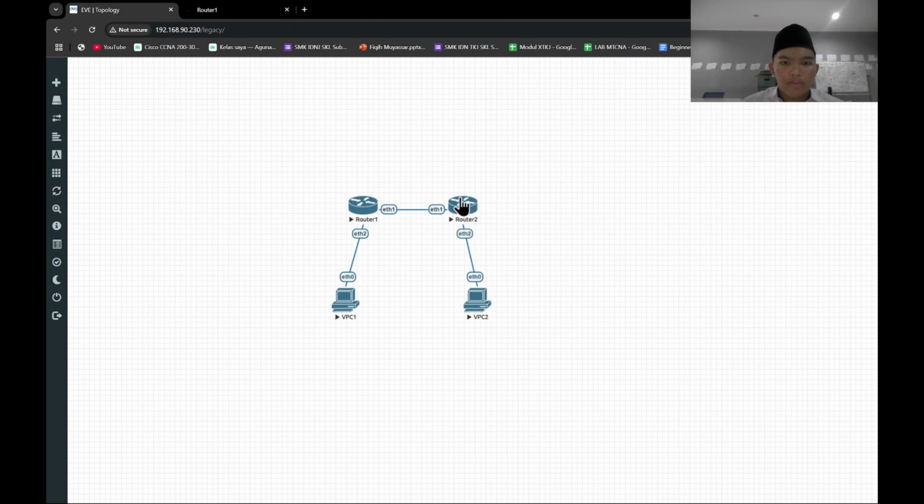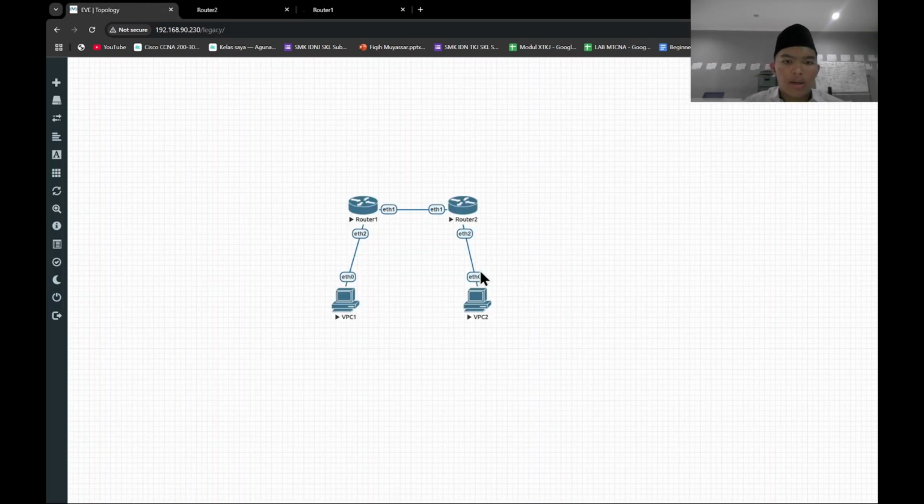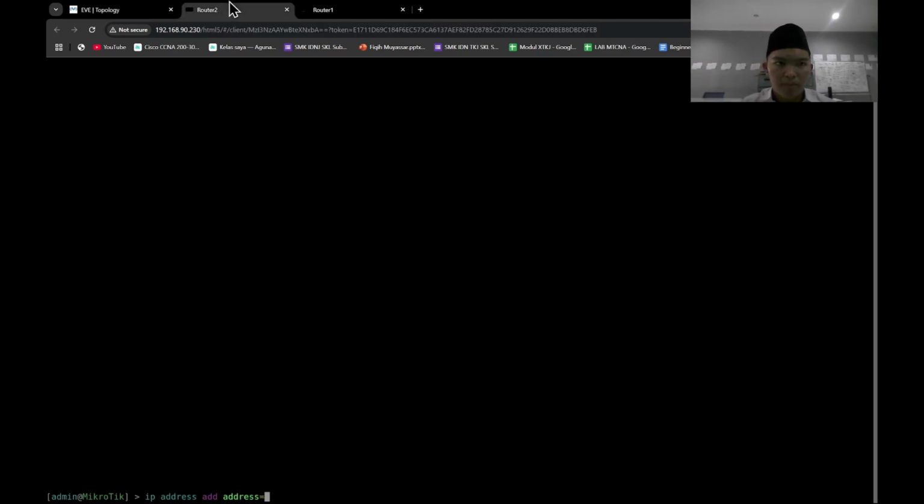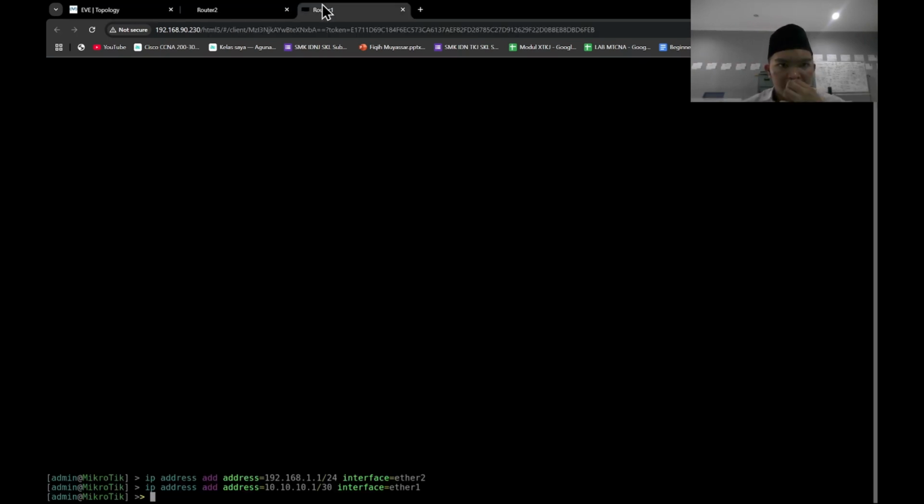Router 2. The command is the same as in router 1: ip address add address, and we're gonna add the address for Ether2 that connects to PC2. Make sure that the address network is different from the address in router 1.